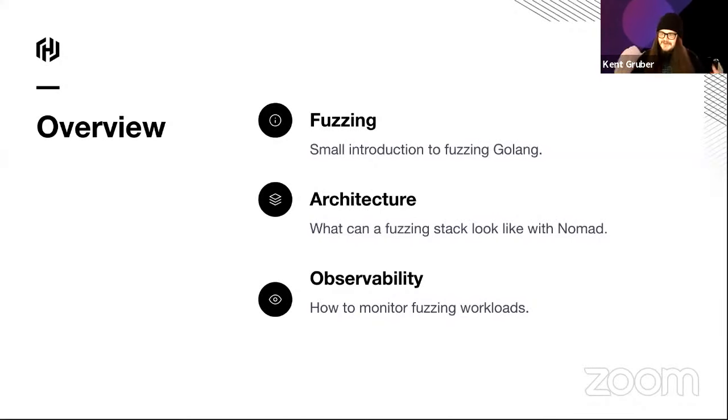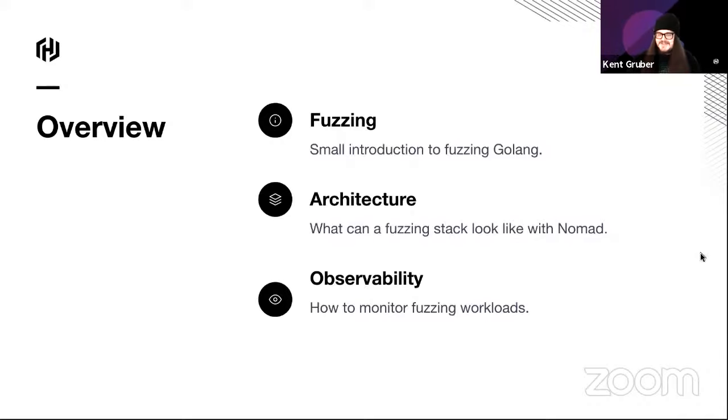I only got 30 minutes. I have a lot of content I want to cover, and hopefully I can finish perfectly on time. So let's get into it. It's going to be broken down into 3 sections to try to digest it. We're going to start with fuzzing, a small introduction to fuzzing Golang. Then architecture, what a fuzzing stack could look like with Nomad, and then we're going to talk about some observability, how